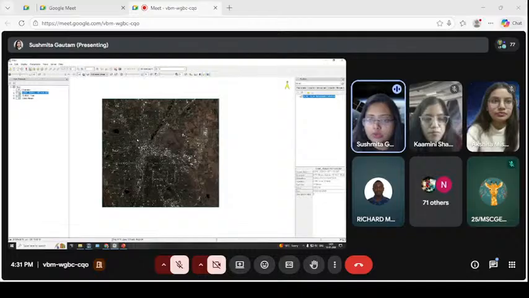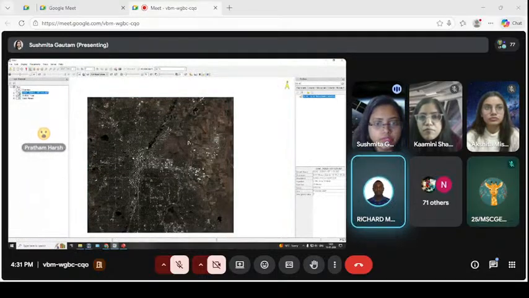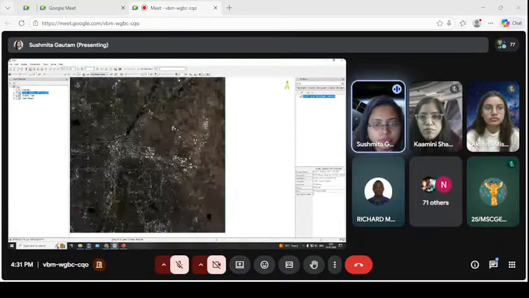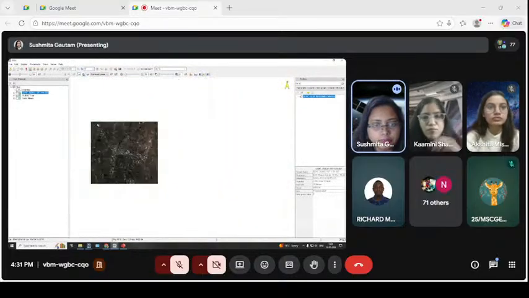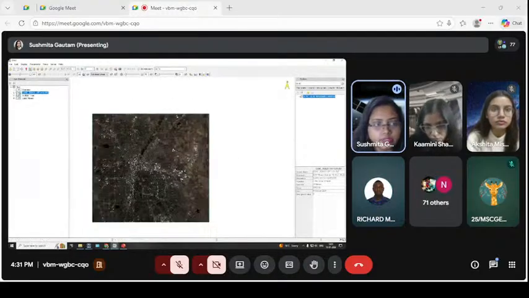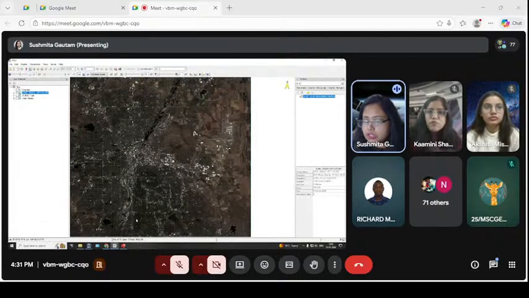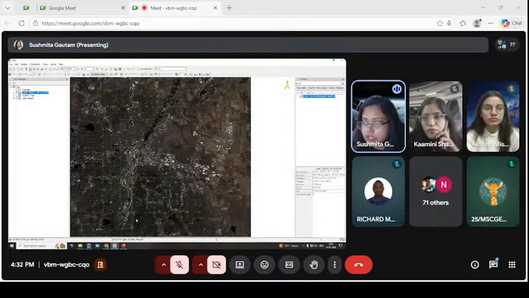But here we are using quick atmospheric correction. So you can see a quick atmospheric correction image has been generated. If there was any noise due to the atmosphere, it will be subtracted. It will be eliminated, and we have the quick atmospheric corrected image available here. Okay, this was the pre-processing step, and now we can do some